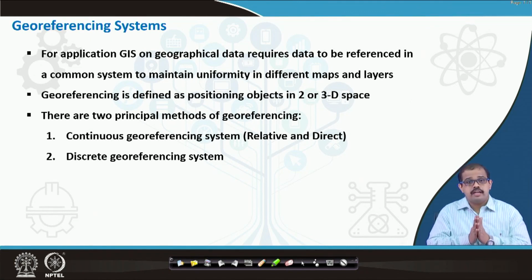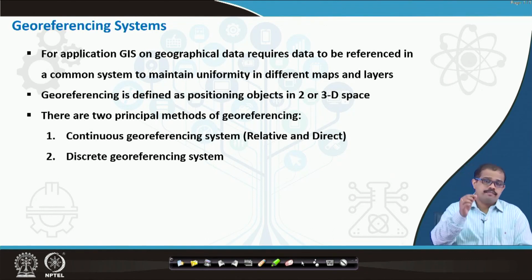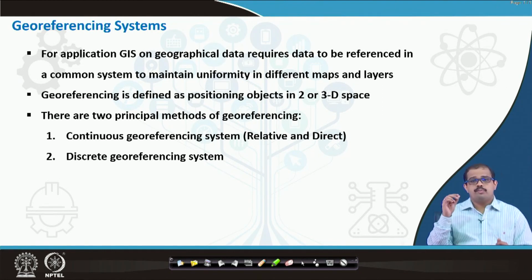Now, when you are converting a 3D earth surface into a 2D map, you will follow a certain way of georeferencing. This referencing style is actually pinpointing that particular area on the earth's surface using certain ways and methods of referencing.